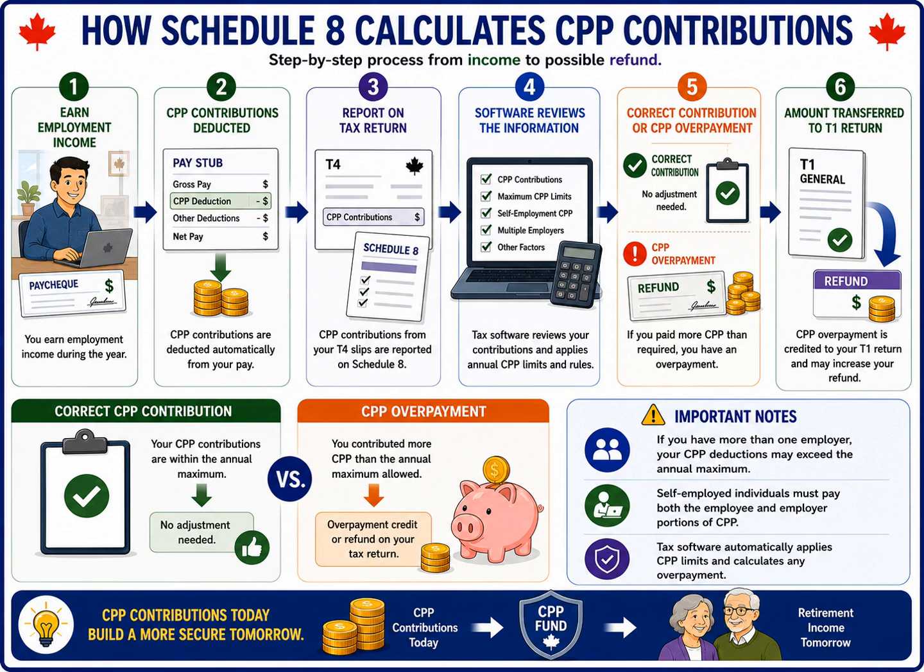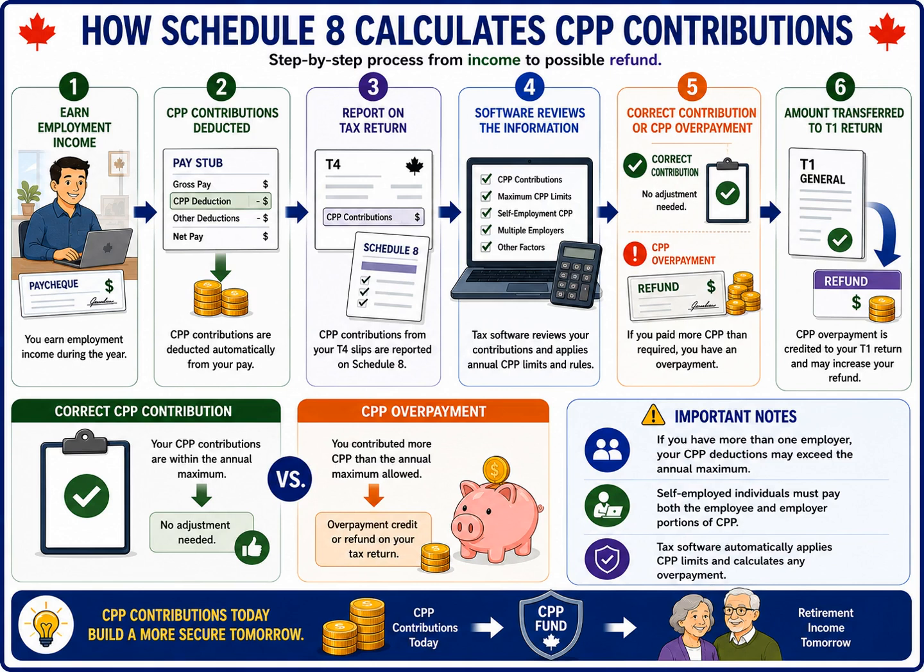When it's time to prepare the income tax return, the CPP contributions reported on the T4 slip are transferred to Schedule 8. This schedule acts as a verification worksheet rather than simply accepting the amounts deducted by employers. Certified tax software then reviews several important pieces of information. It checks the total CPP contributions made during the year, applies the annual CPP contribution limits established for that tax year, considers contributions made through multiple employers if applicable, and calculates any additional CPP that may be required for self-employed